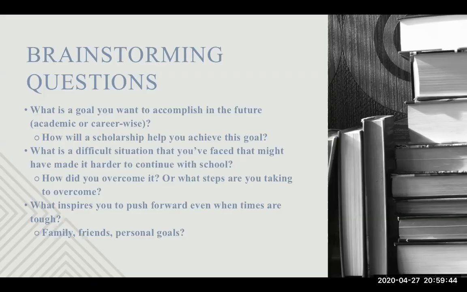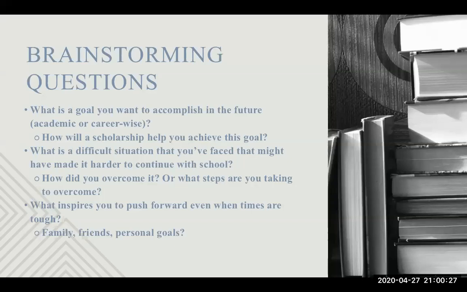One, make sure that you read the prompt and that you have an understanding of the prompt. You know what it's asking for, so just break it down and get those details, because every scholarship prompt asks for similar things, but sometimes they're worded differently. Some scholarship prompts want you to focus more on leadership. Some want to hear about you as a student. Other scholarship prompts want to hear about you outside of school. It really just depends on the organization and what they value. So really make sure that you're paying attention to the prompt, because the prompt is everything.